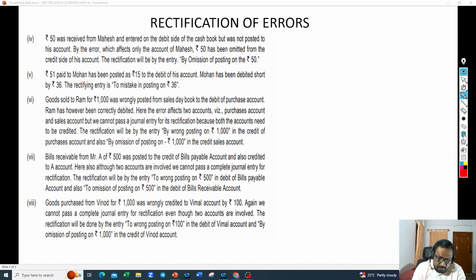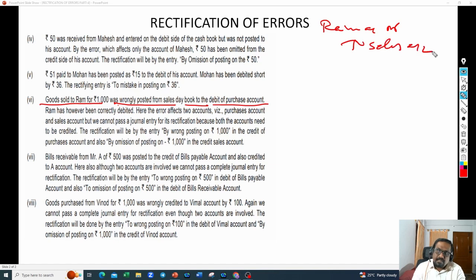Clear? Next. Goods sold to Ram 1000 was wrongly posted from sales daybook to the debit of purchase account. Beautiful point. Goods sold to Ram. What entry do we post? Tell me. Ram account debit to sales account. This is how the entry goes. What happened? You posted this entry correctly, but